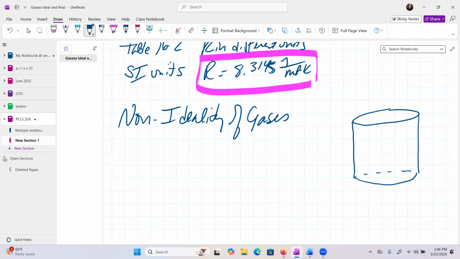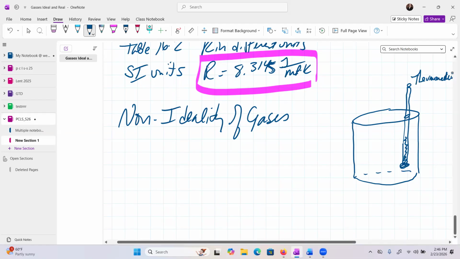Now, I'm sure you're all familiar with measuring the thermometer, so let's just make a little hole here and we'll put a thermometer in here. Okay, so thermometer, there's a little hook on the top, it's a little bolt on there. Right, this is a thermometer, so we can get the temperature. And we'll set this to 273 Kelvin.